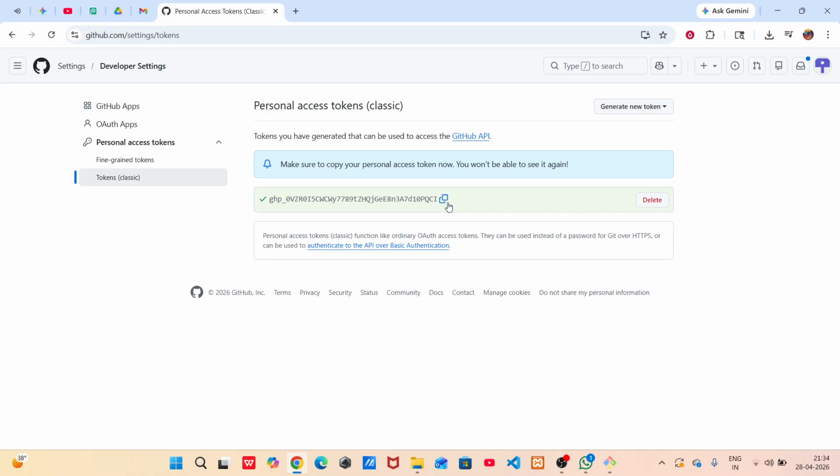When you're using the command line to push your code, you'll replace your GitHub password with this token. So the next time you run a command like git push and it prompts you for your username and password, just enter your GitHub username and paste the personal access token in the password field instead. And that's it. You've successfully generated a personal access token in GitHub and learned how to use it to push